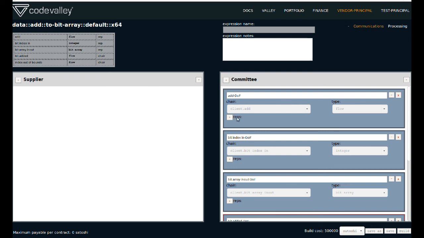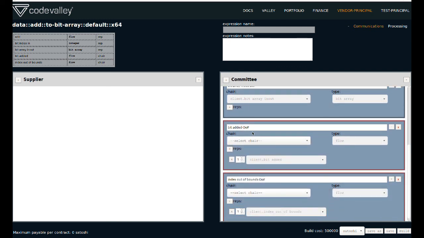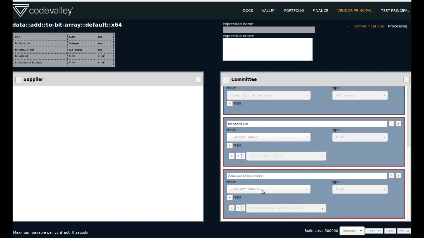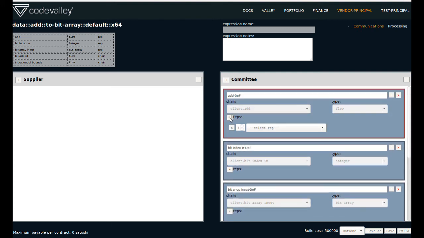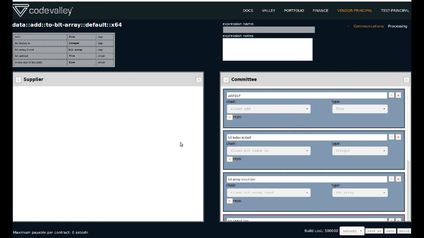So over in the committees that have been created for us, you can see that the client, essentially someone above us, is the automatic chair in the first 3. And in the last 2, the client is the automatic rep, because the chair, as far as they're concerned, is below them. And it could be us, or it could be one of our suppliers. So once we have some actual suppliers, we can add their DOFs to these committees, or we can also add ourselves, our vendor, to the committee,